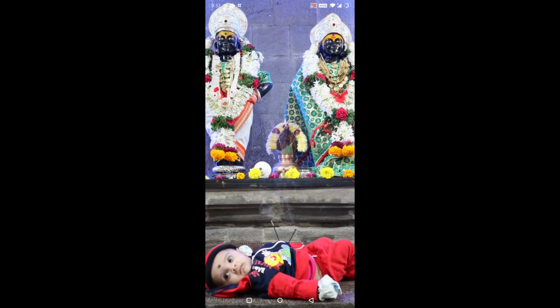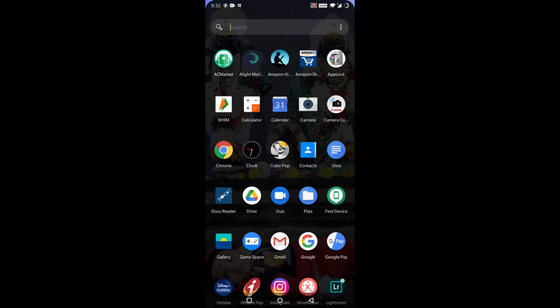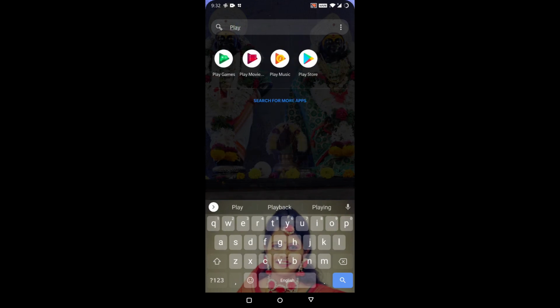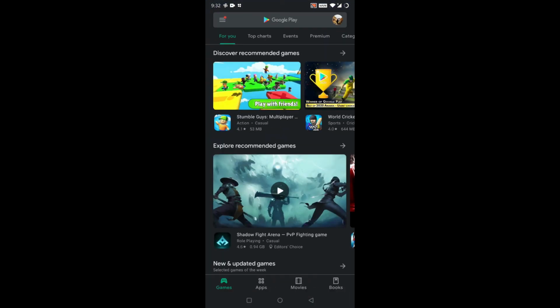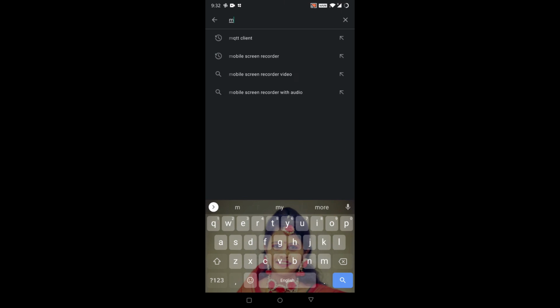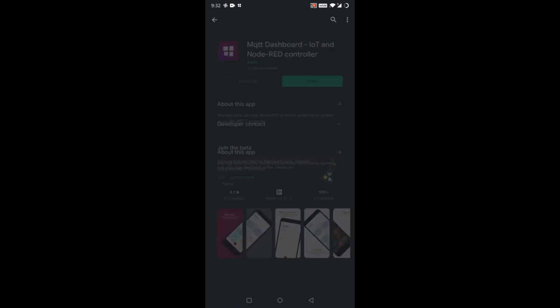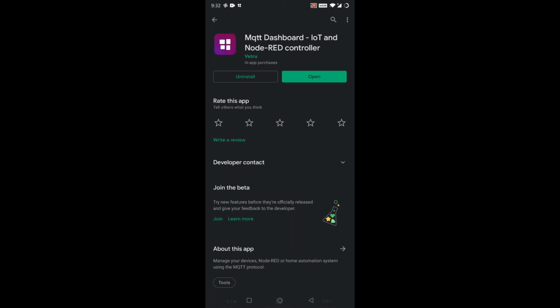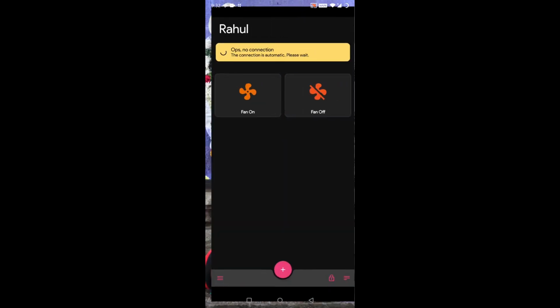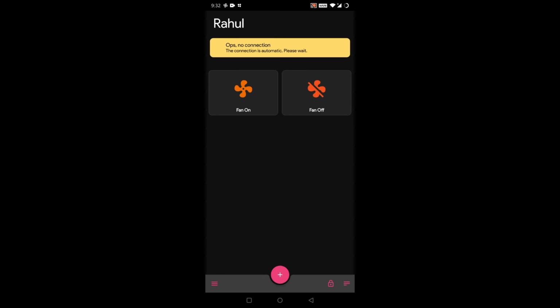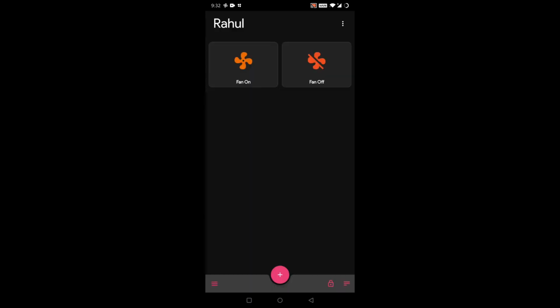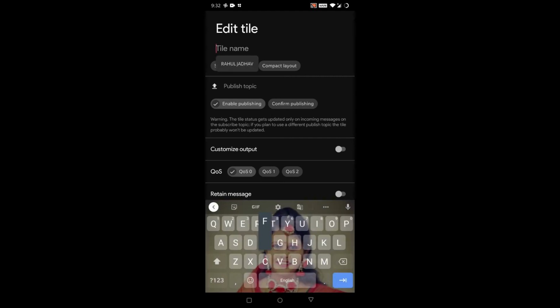If you want to create a mobile application, first go to the Play Store and download an MQTT client on your mobile. Type MQTT client, then download the mobile dashboard application. Then open that application. You can see I have already created two buttons here, fan on and fan off. If you want to create such a button, click on plus, then standard, then button, then give a button name, fan on,